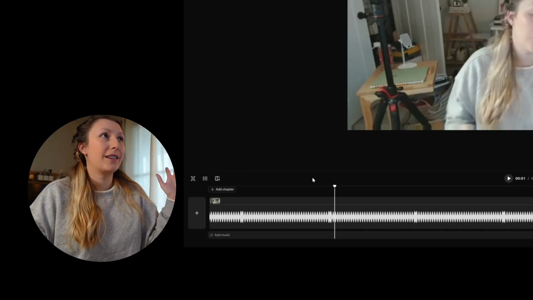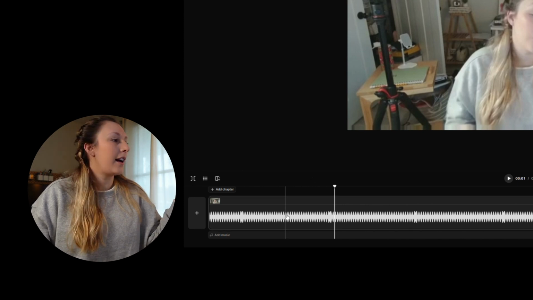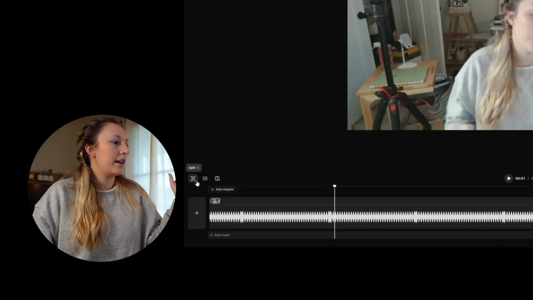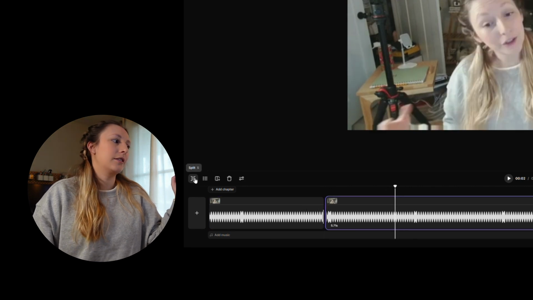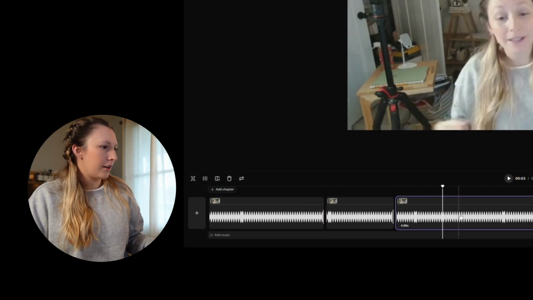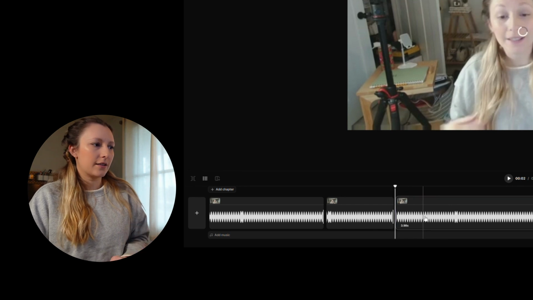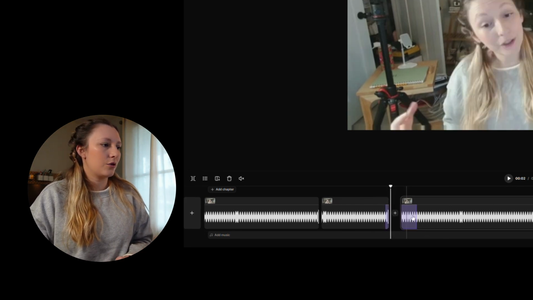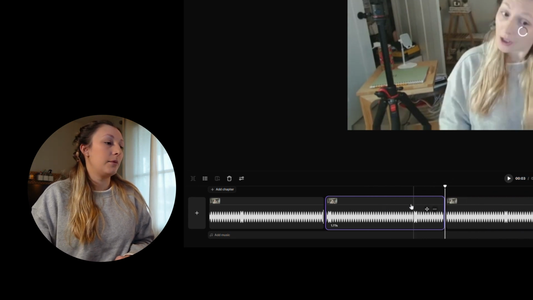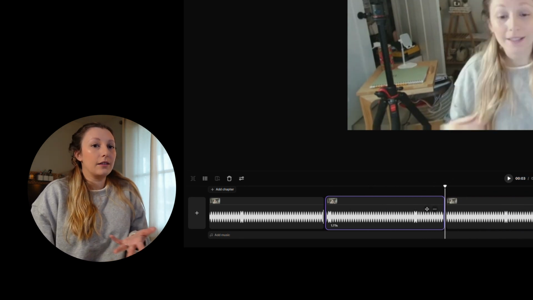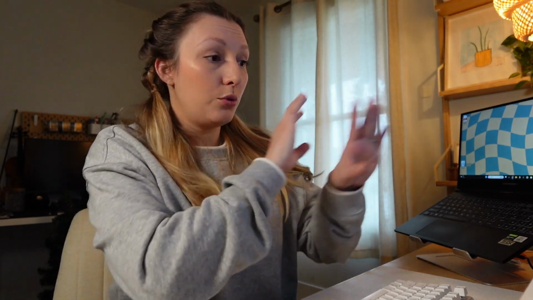So if you're familiar with Reels editor, CapCut, anything like that, it's pretty self-explanatory. You can click here, hit the split button, do it again, click the split button, or I think S is the other option. And then you can just easily delete. You can drag the files this way. You can add images. It's literally just like an editing platform. So you not only can record your workshop directly in here, but then you can also do the editing that you need for a workshop.